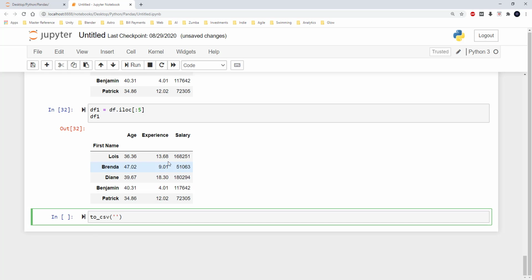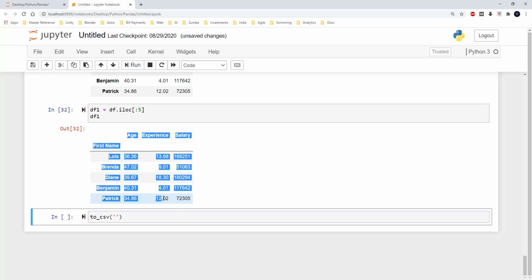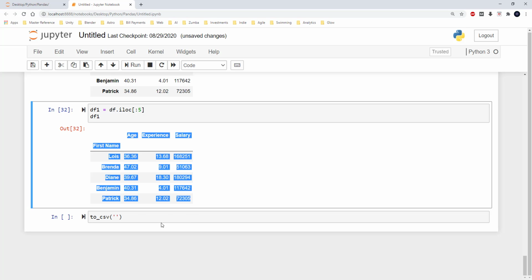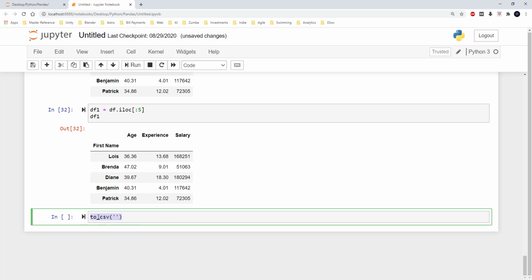So now I wanted to store this in a different file, and in order to do that I can use to_csv, and then I can give a file name, employee info csv.csv, and I wanted to store the content of df1 to employee info csv. So this would get stored in a CSV file.